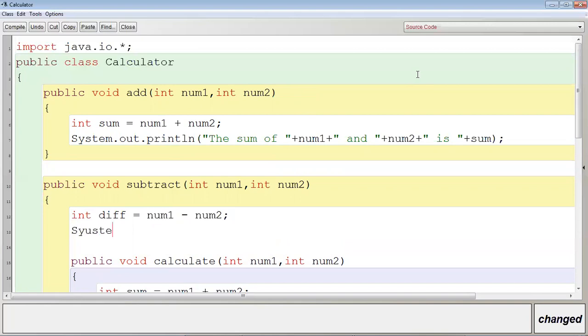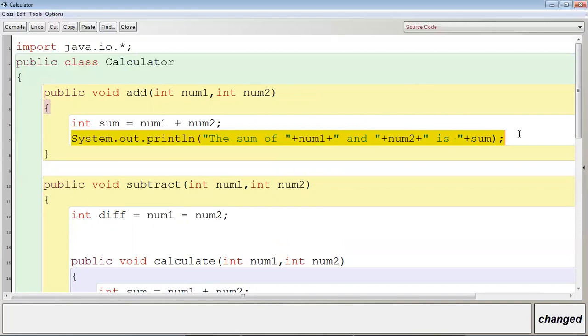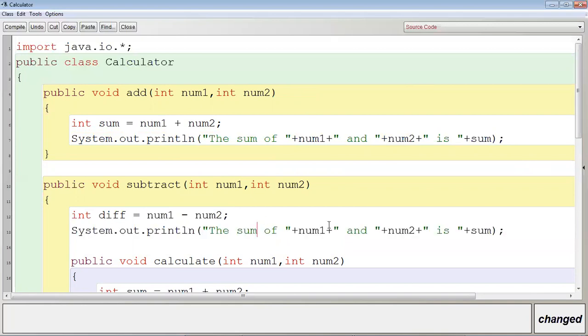Let me copy this statement from here and paste it here. And let me write, the difference of num1 and num2 is diff. Clear?